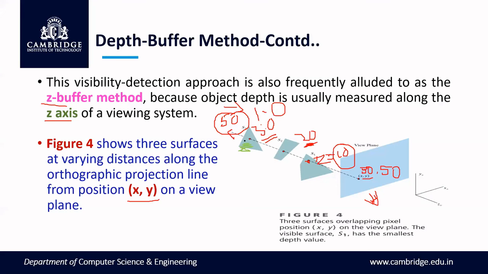In the depth buffer, I will store 30 everywhere, and the frame buffer gives me a color. I have all XY pixels here, and I will store the green color. Now I'll come to